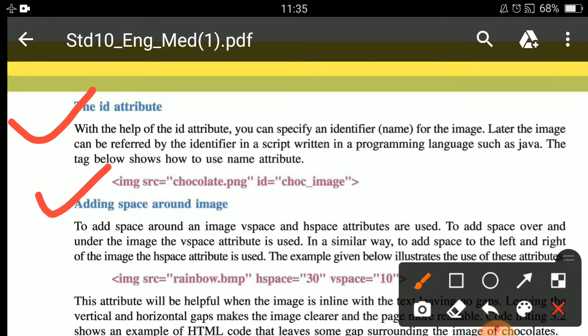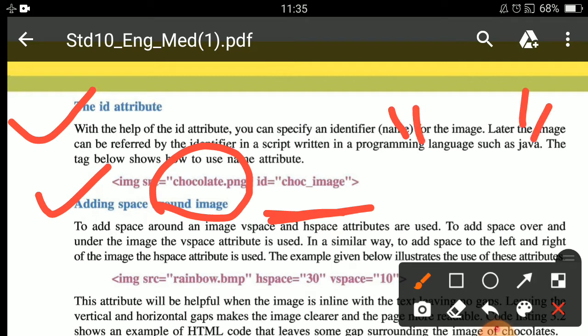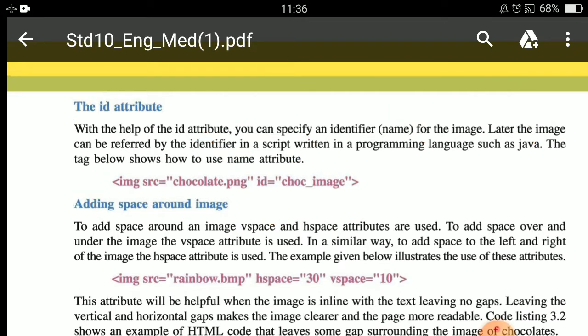See here, consider the syntax. img src is equal to chocolate.png means your image file, and with a space, id is equal to, in double inverted commas, chalk_image. This means this particular image file's id is this. So whenever we want to give a specific unique identifier to an image file, the id attribute is used.